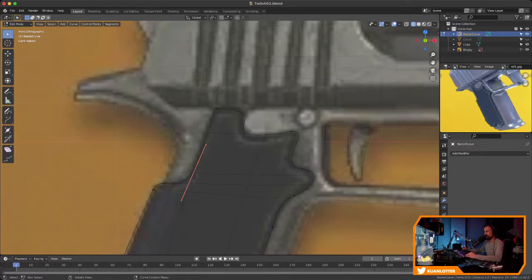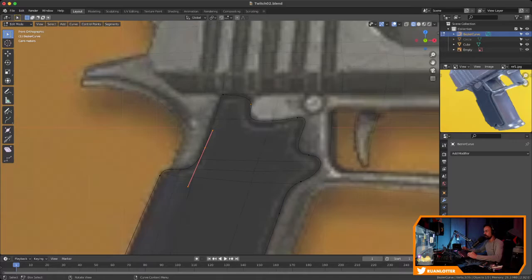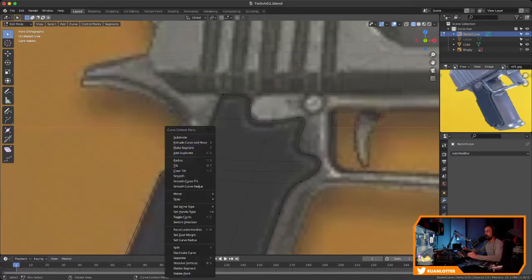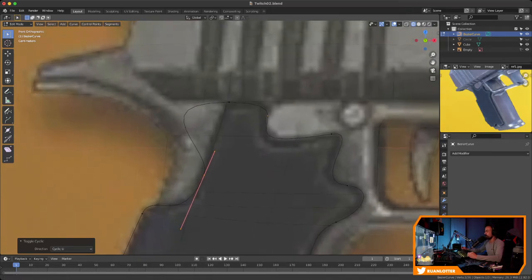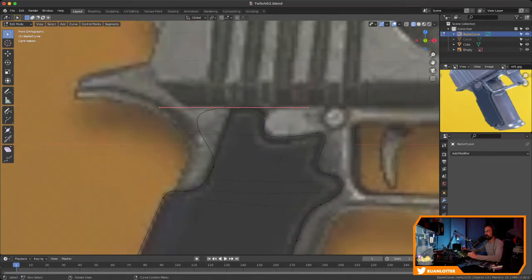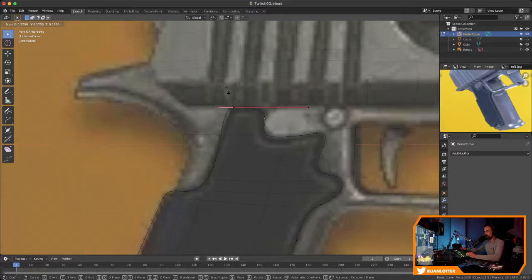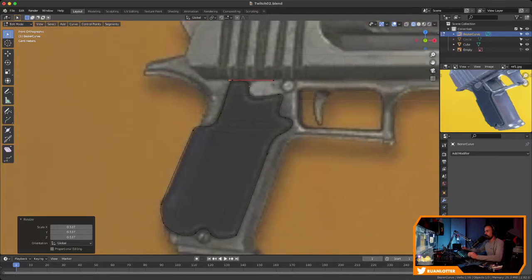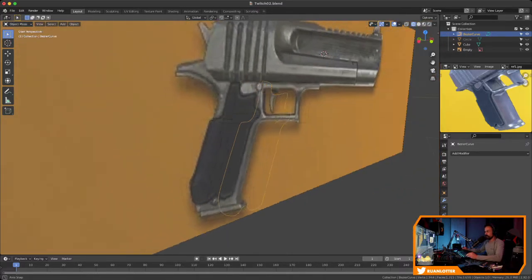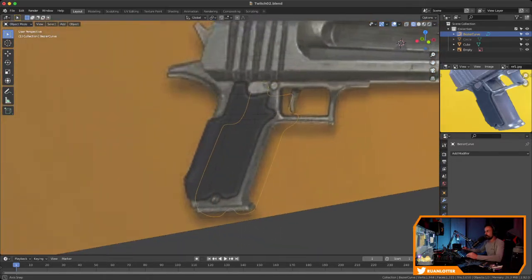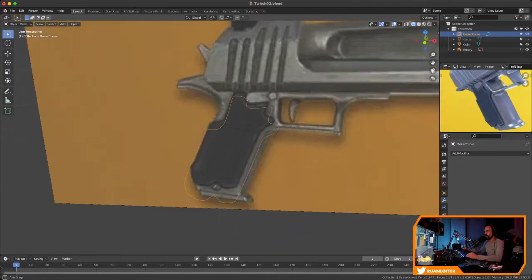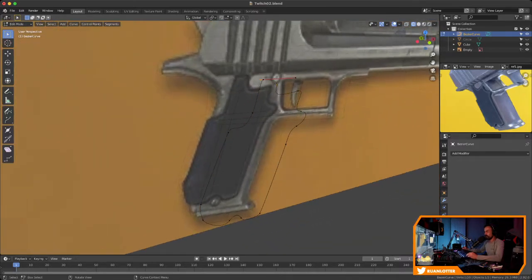Okay, and now we can just connect those two. So you simply just right click and you say toggle cyclic, or cyclic, something like that. And then I'm just going to scale this one in. Oops, not that much. Scale it in some more. Okay, we have a shape. So let's see if this is going to work. So first of all, I'm going to go into